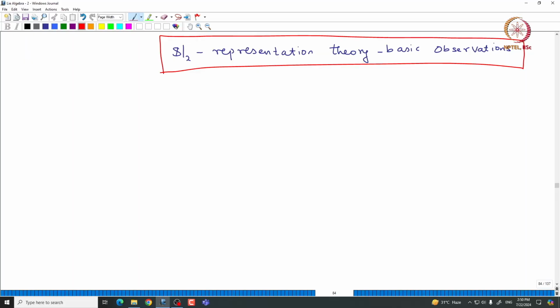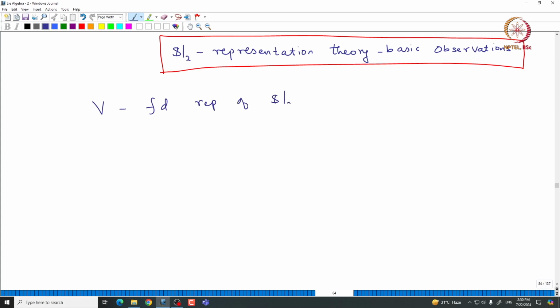Welcome back everyone. In this lecture, we will continue with the sl2 representation theory and observe some basic facts about sl2 representations. So, let us begin with a finite dimensional representation of sl2. Let us call it capital V, being a given finite dimensional